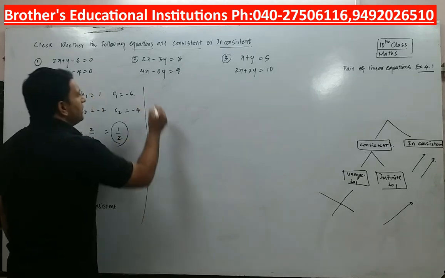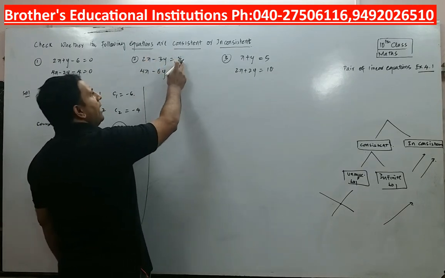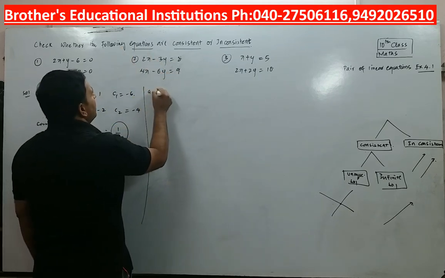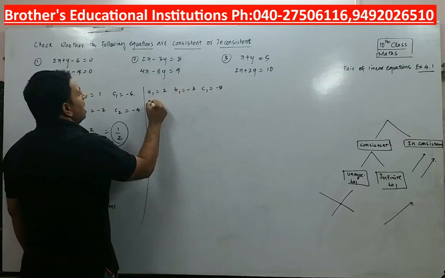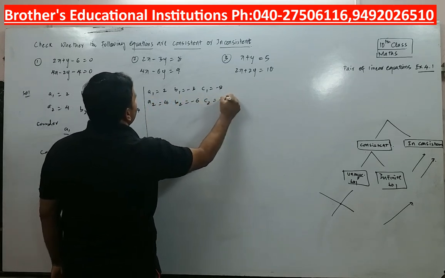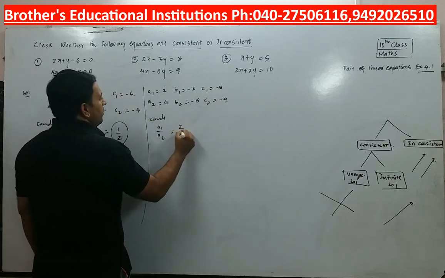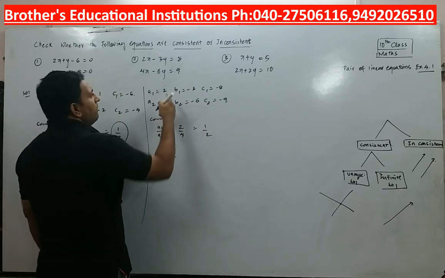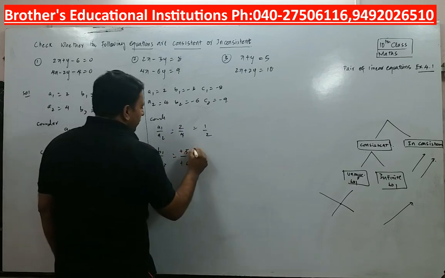Now let us check with the second equation. Now 8 has to be brought this side, 9 has to be brought this side. So when you get 8 on the left hand side, it will be minus 8. When you get 9 on the left hand side, it will be minus 9. So here, what is a1 value? 2. b1 value minus 3, c1 value minus 8. a2 value 4, b2 value minus 6 and c2 value minus 9. Now I will again say consider a1 by a2, 2 upon 4, 1 by 2. Consider b1 by b2, b1 value is minus 3 by minus 6, minus cancel, 3 1s are 3 2s are.